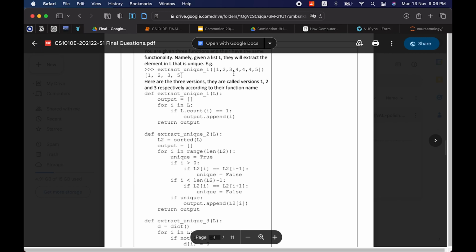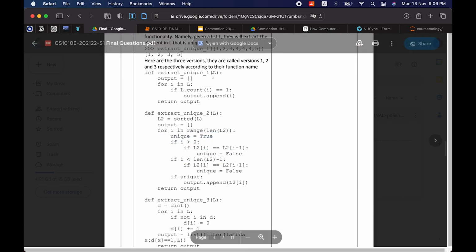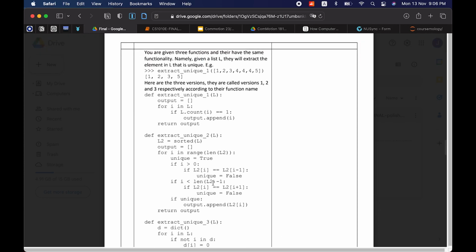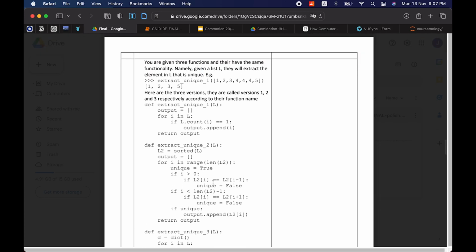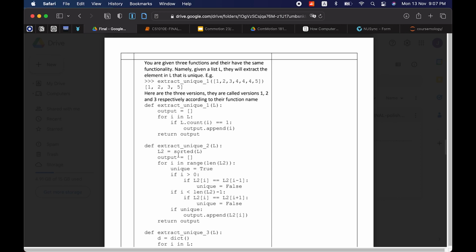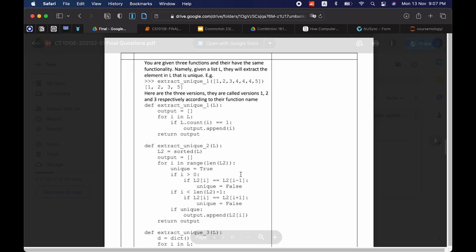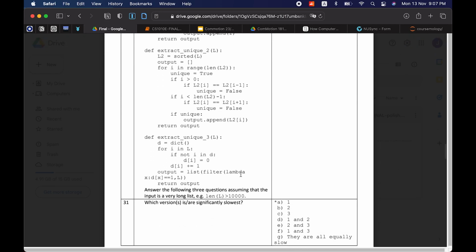2. Is 2 equal to 1? No. Is 2 equal to 3? Is 2 equal to 4? So it's a lot of iterations. This one only looks at adjacent numbers, and then you can iterate through. I think once is enough. Yeah, it's just once. You just iterate through once, and then you have just a bunch of conditionals to check. So that's very good already.